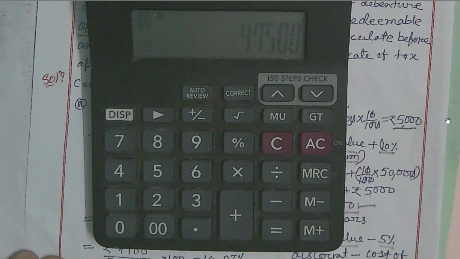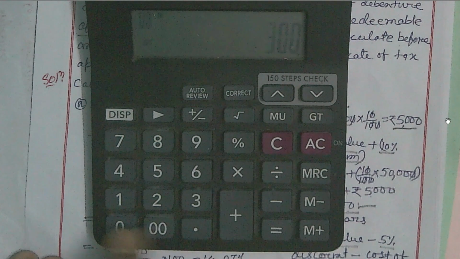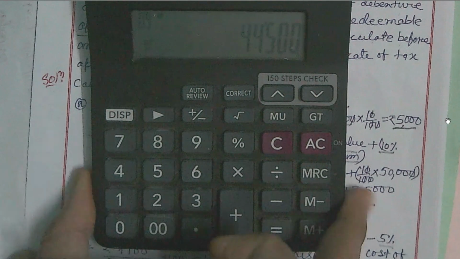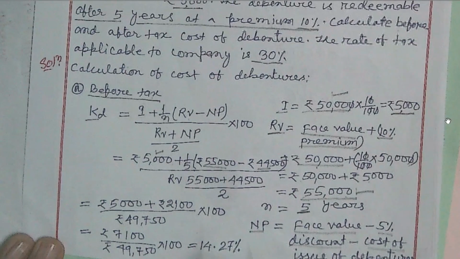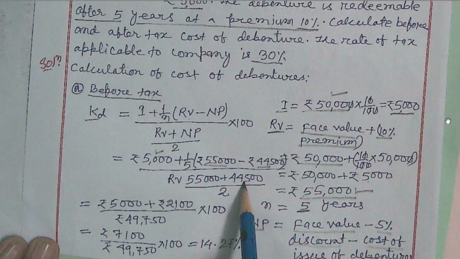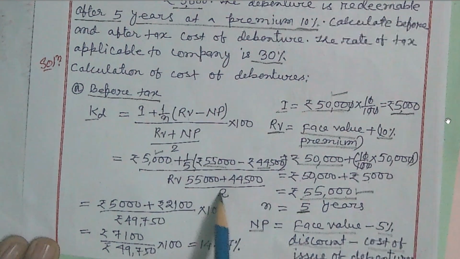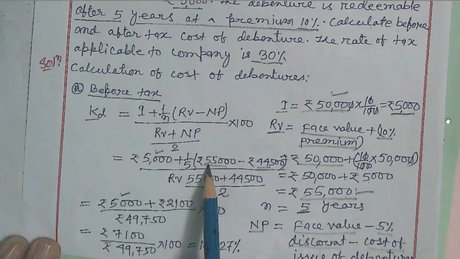So you are getting 47,500. Again, the cost of issue of debenture is given in the question as 3,000, so minus 3,000, and you are getting 44,500. This is your net proceeds, and here the net proceeds is 44,500. Now the average of these two amounts is taken, so that is divided by 2, and 5,000, and here